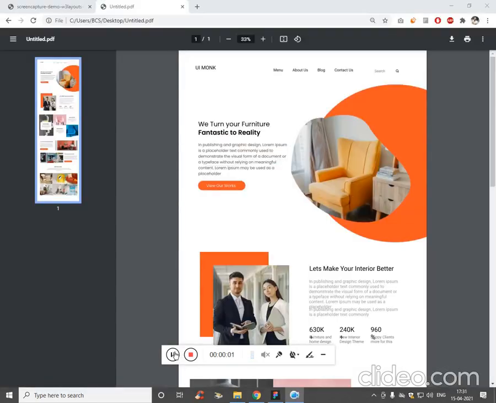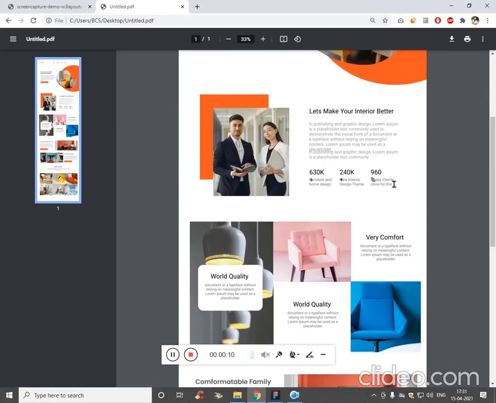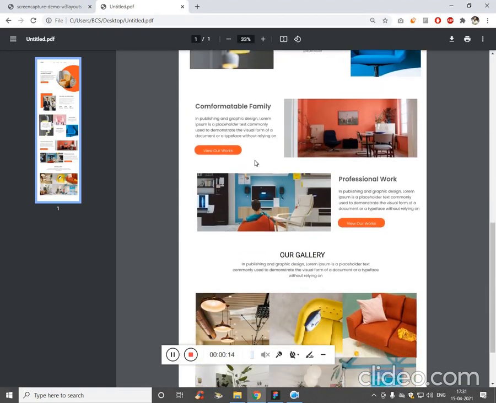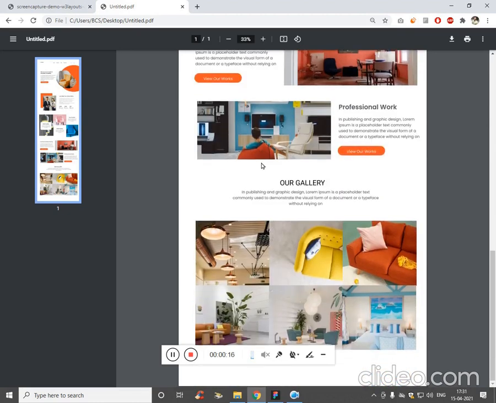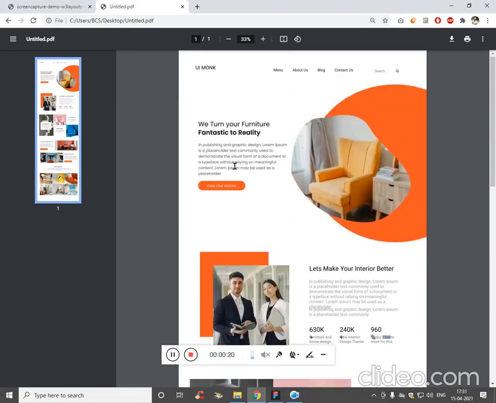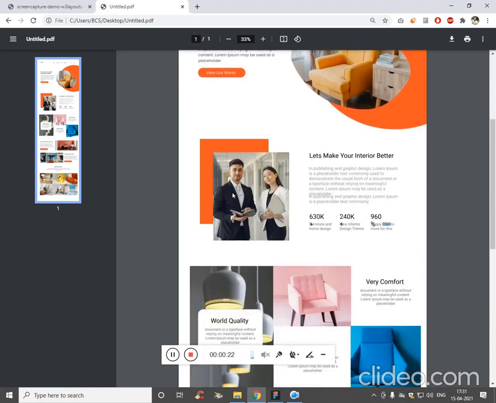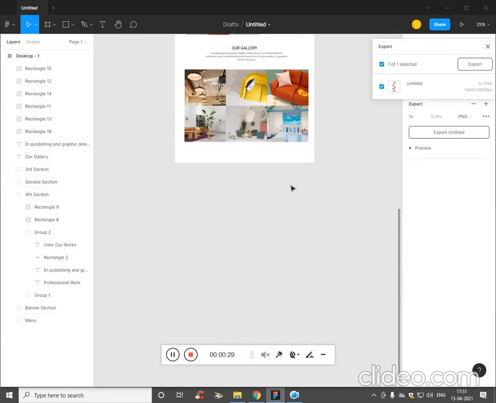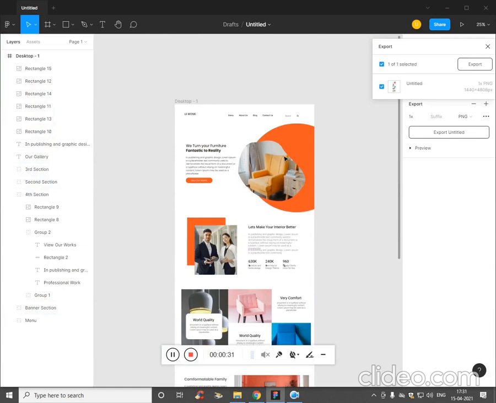Alright, in this episode 3 we are going to see how to create this wireframe using Figma. As you can see, we have a menu bar, a banner section, an about section, some feature sections, some call to action buttons, and finally the gallery. So these we have created with the help of Figma. I'll leave the assets like the images in the description. You can find them in the zip file, and this is the converted Figma. Fine, let's get into the tutorial.